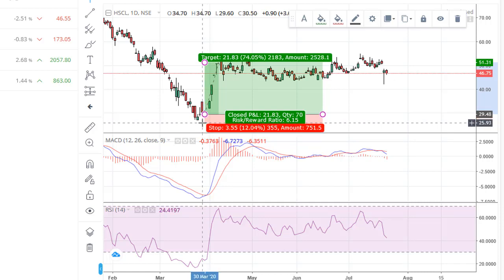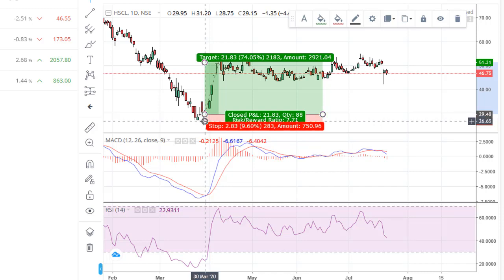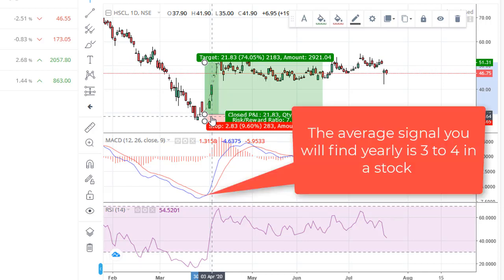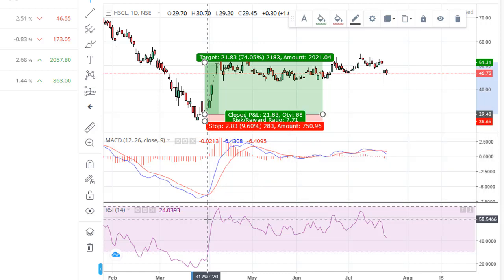It's not too technical. You can keep your stop loss lower than the previous low, and also keep your target here. This signal, you will not get every day. You will get it three to four times a year in one stock. So this is the simple strategy that anyone can follow easily, and this is how I trade, and I made good enough profit using this strategy. I've been trading for the last 4 years, as I told you, and this is the easy strategy that I'm showing.